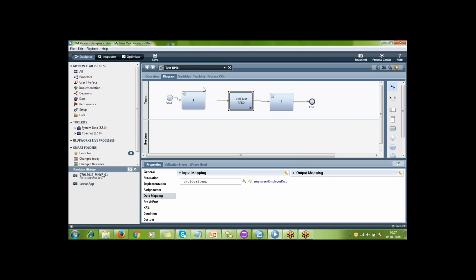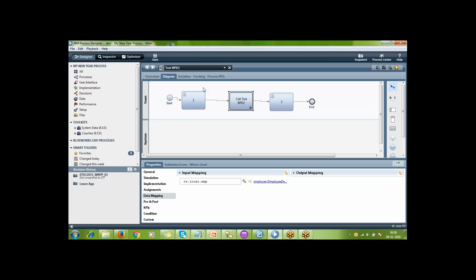For example, you have a requirement to create two BPDs, two processes. In one process you have to create a case. In the second process, you have to process a case. When a customer is requesting something, in BPD1 you create a case and in BPD2 you process the case. That means after completion of one BPD, I have to call the other BPD. In such a case, I have to go with a linked process.